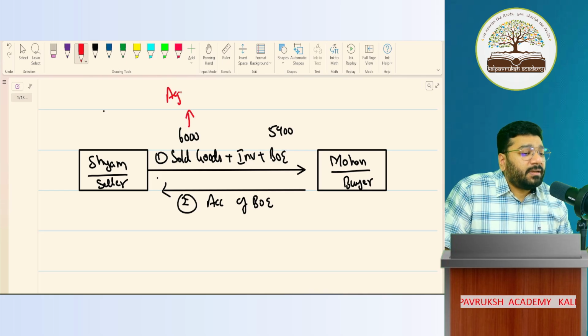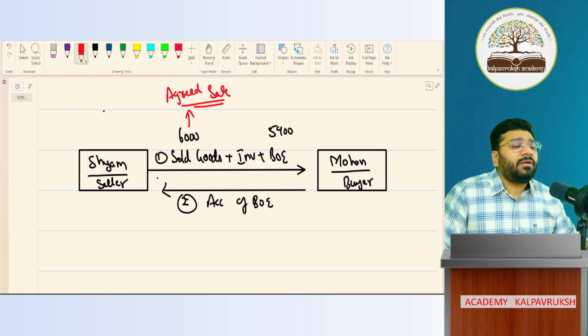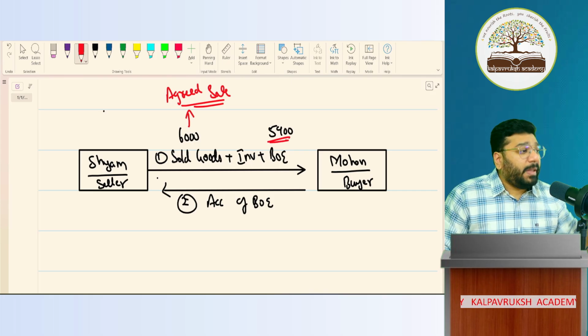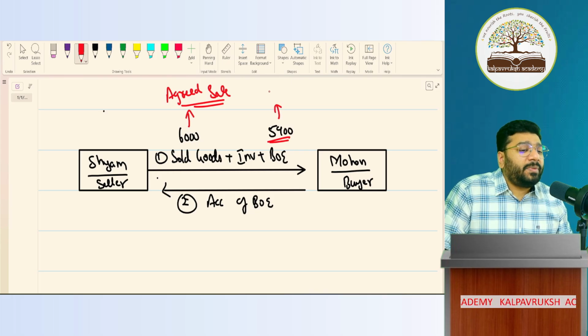This is the agreed sale. The sale is agreed for 6,000 rupees. However, to encourage Mohan to make the payment on the maturity date, that is, to make prompt payment, what are we supposed to do? We gave him a discount of 100 rupees. So this discount of 100 rupees is given because of